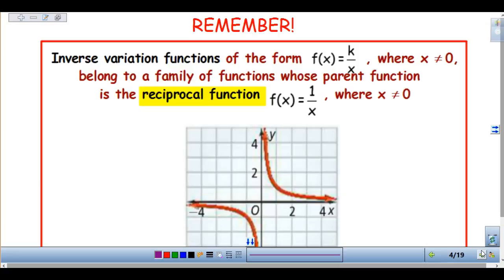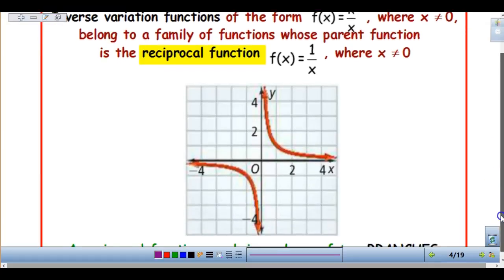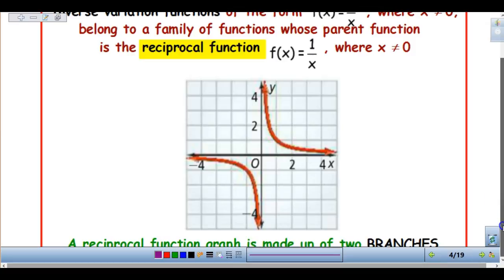Now, to make this, we're just going to make a table. Okay, and once we make our table, we'll graph a few points. Make sure in your table, though, that you notice we have negative numbers here, too. So we have negative numbers and positive because it's 2 branches almost. Okay? The other thing that's important today is